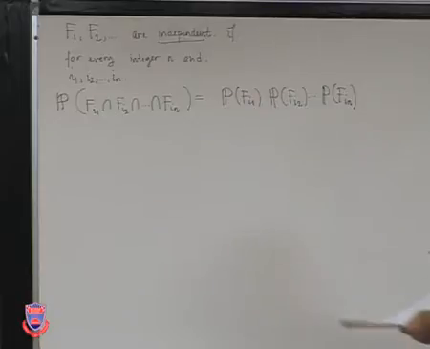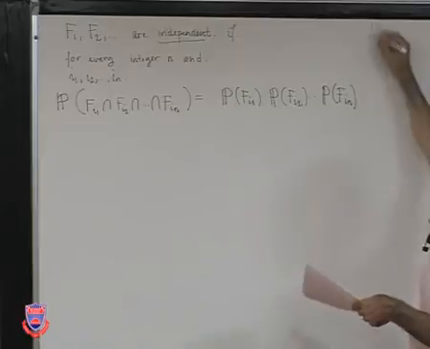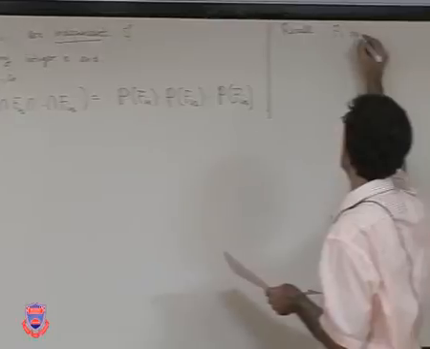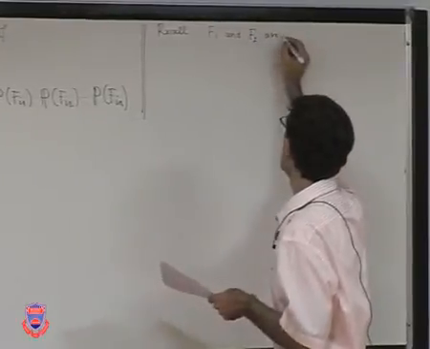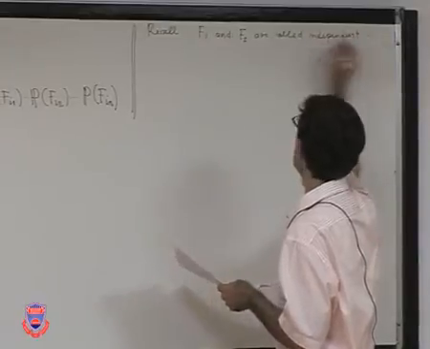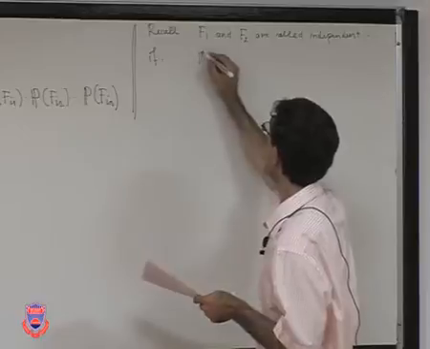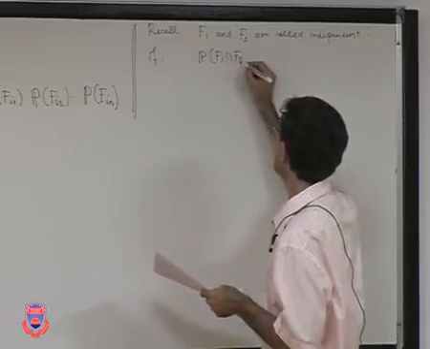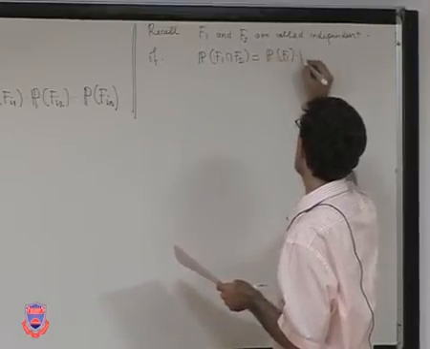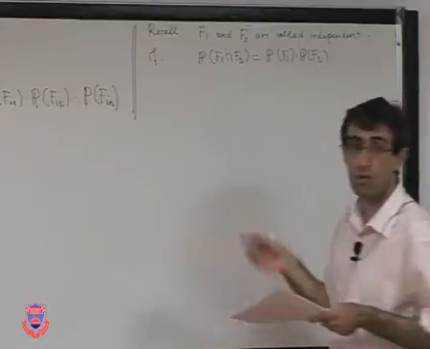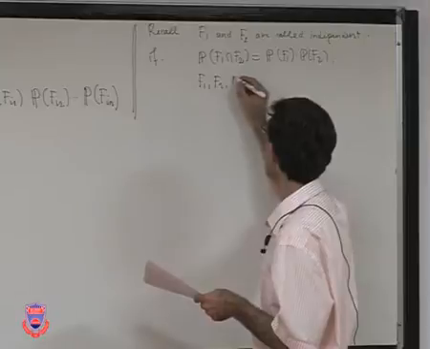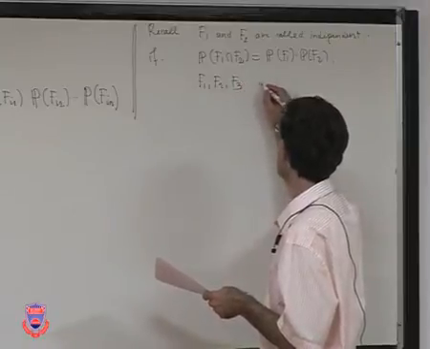If there are only finitely many of them, you must have seen this before. You will recall, for example, that F1 and F2 are called independent if the probability that F1 happens at the same time as F2 is the same as the probability of F1 times the probability of F2. You remember this. When there are three of them, F1, F2, and F3, all independent,